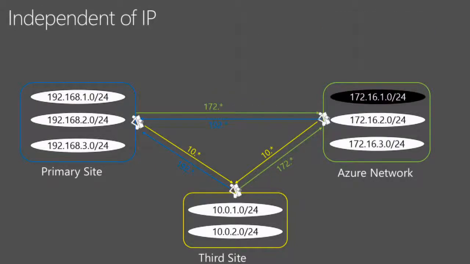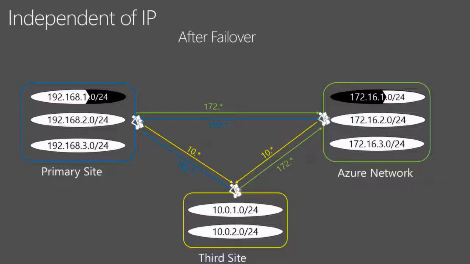Now, when your application is independent of IP, let's look at how this changes. What I would have is 192.168.1, 2, 3, and on the other side, instead of just 172.16.1 and 2, I'll have 1, 2, and 3. So my 172.16.1 is being used for failing over 192.168. How does it work after failover? Some part of the subnet won't really be removed, but think of it as not being used anymore on the primary side. No longer are applications running there which are using those IP addresses. And what happens is on the right side,